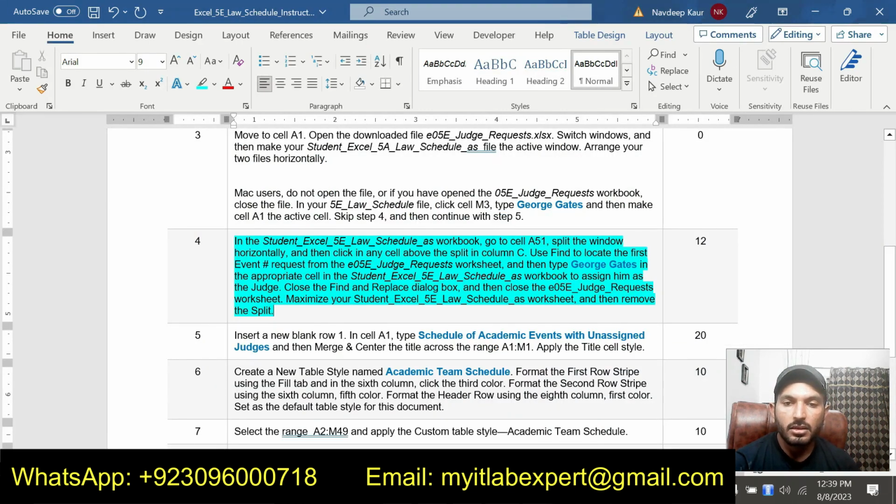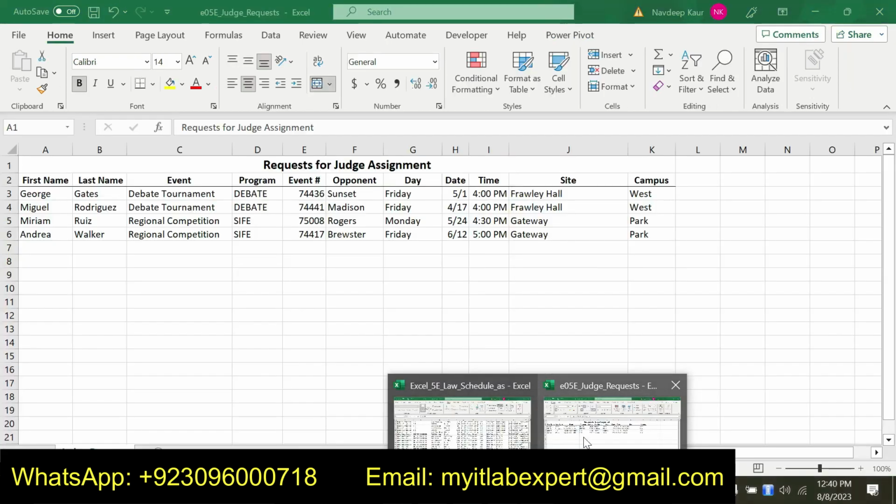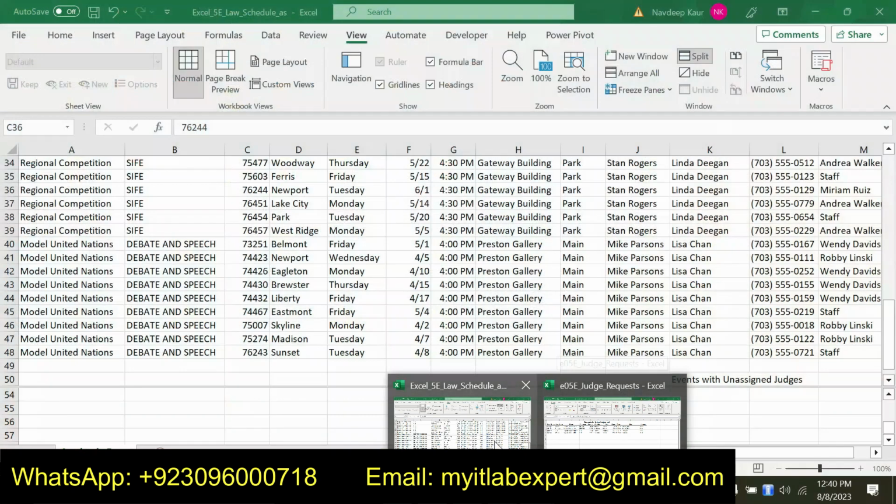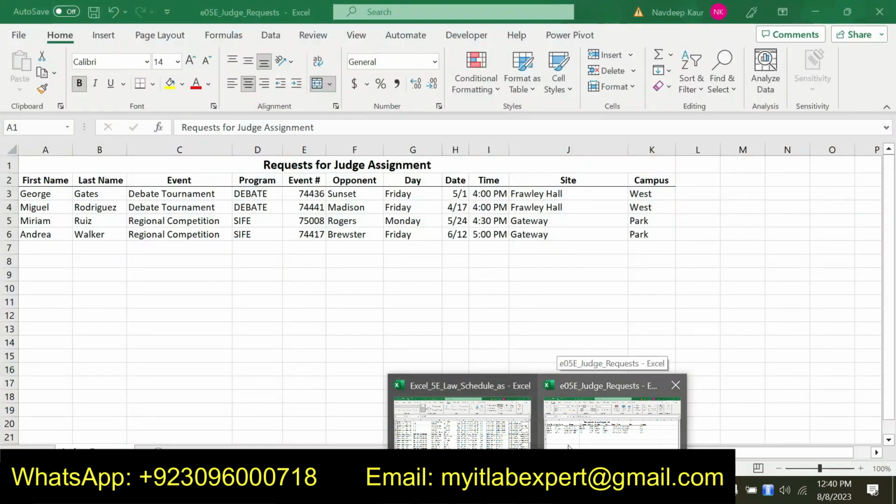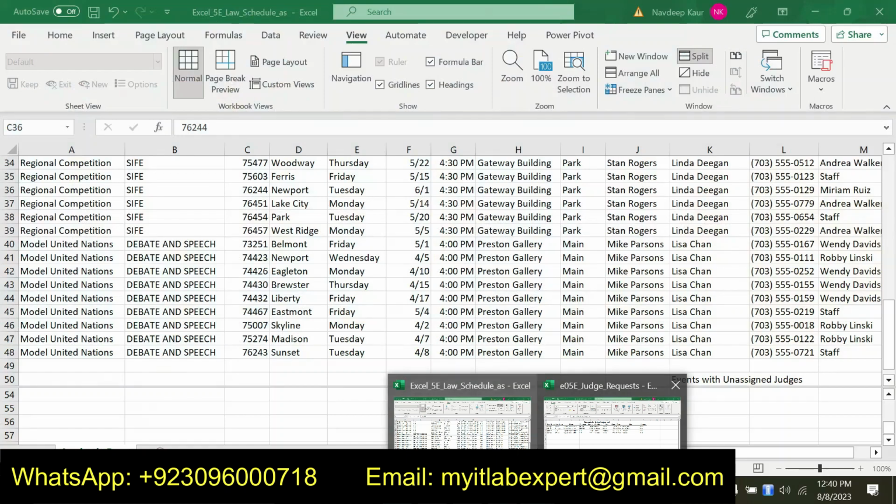Now use find to locate the first event number request from the request sheet. Okay, so we will go to the event number, and the first one is debate tournament.